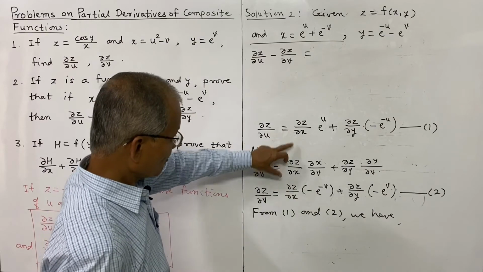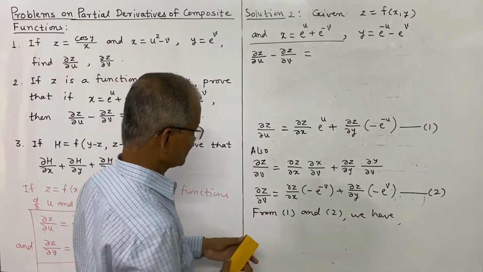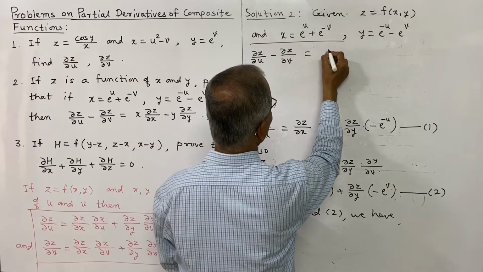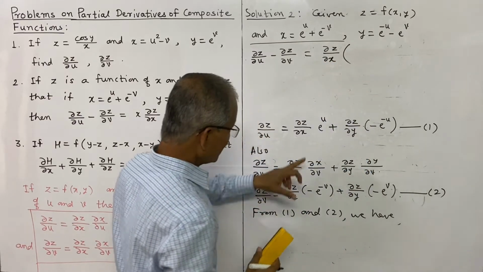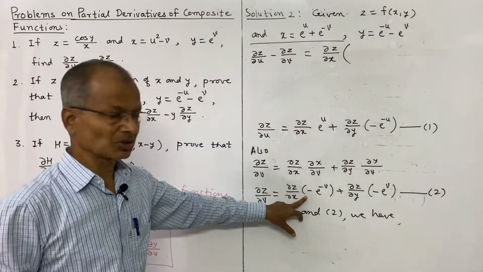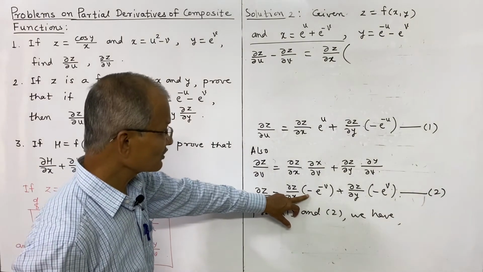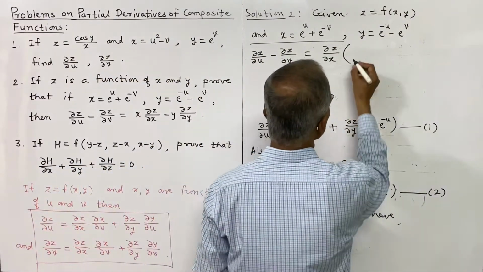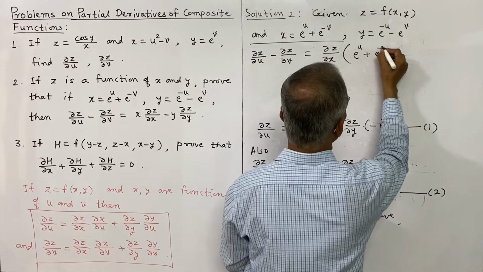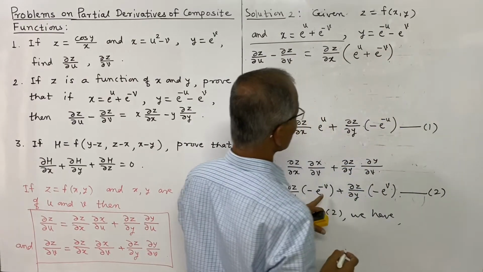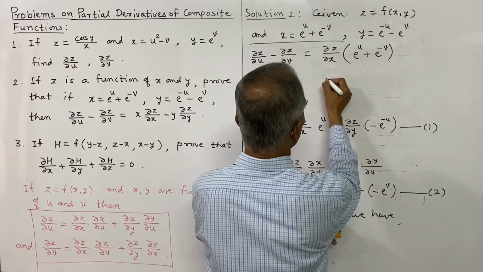Now see, this is a common term, ∂z/∂x. So I shall write that common, ∂z/∂x, in bracket this expression minus this expression. This negative of negative becomes positive in subtraction. So e^u plus e^(-v), and next is plus